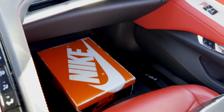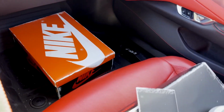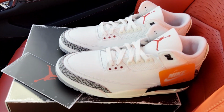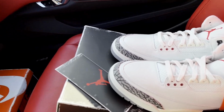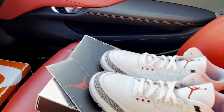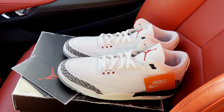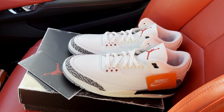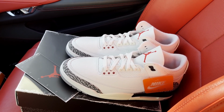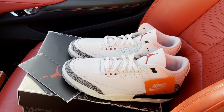But stay tuned to the channel. Like I was saying, we're gonna do a heads up with the Jordan 1 Lost and Founds against these Jordan 3s, both Reimagined shoes. So I figured why not do a comparison on them, see which one is the best out of the Reimagined series so far. And I also have another Jordan 1 High 85 black and white coming. I think you really want to see this video, so please stay tuned to the